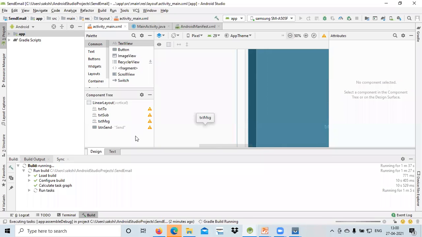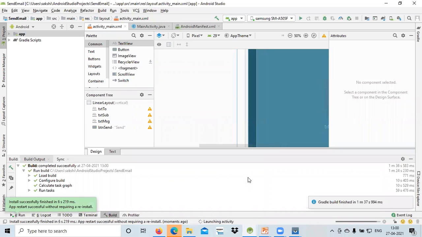Okay, student, just wait for a minute till this Gradle will install. Okay, Gradle has finished building that part, and now my application is basically installing. Okay, now I can show you the output over here.